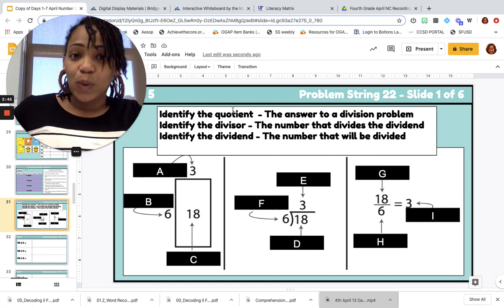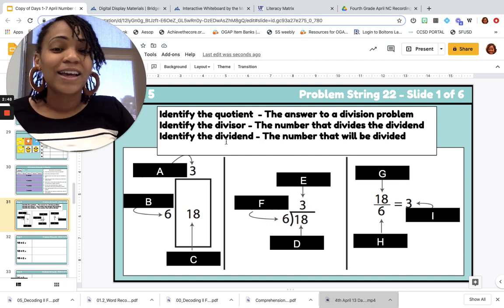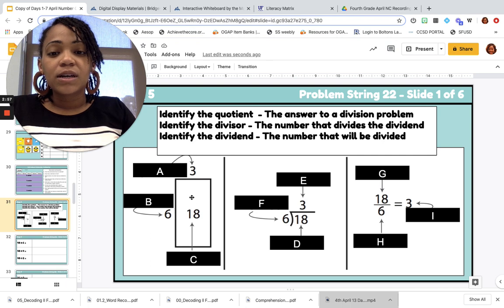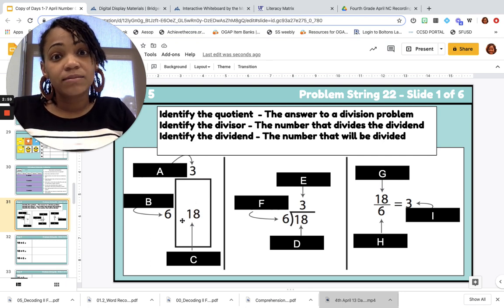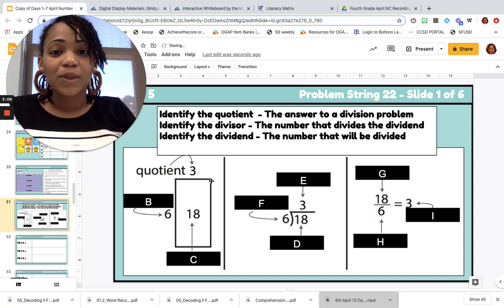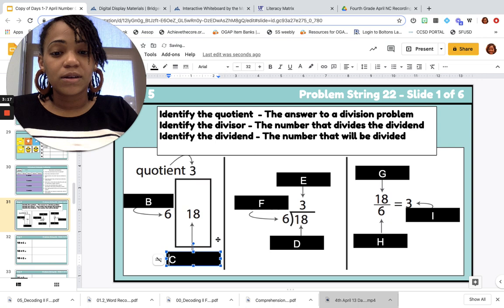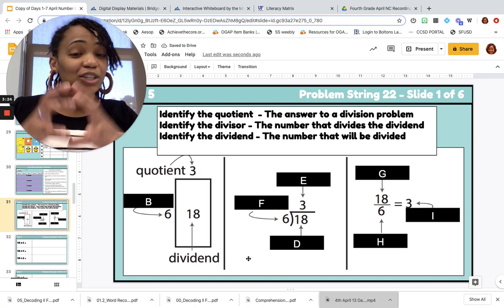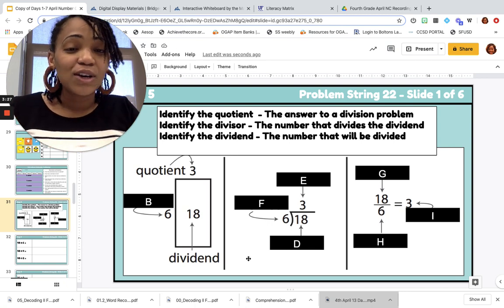We have quotient, divisor, and dividend. The quotient is the answer. So, if you look at a rectangle here, here is our area, 18. Here could be what we're dividing it by, and then here could be our answer. So maybe A is our quotient in this particular problem. So that makes this our, let's try that again. That makes C our dividend. That's the total we're going to divide into different groups,